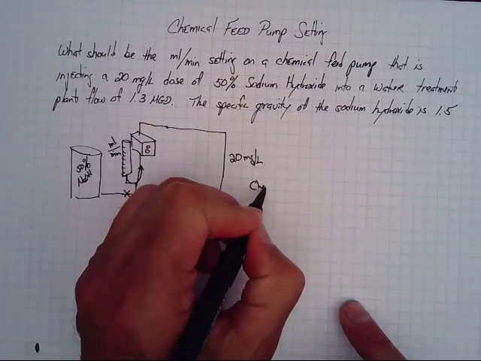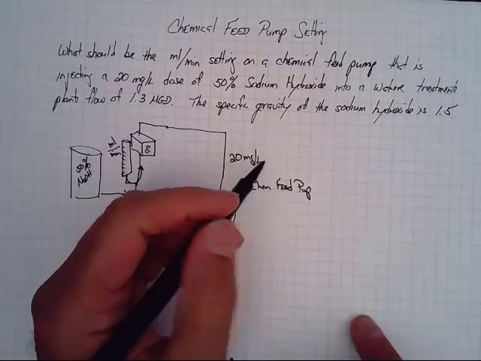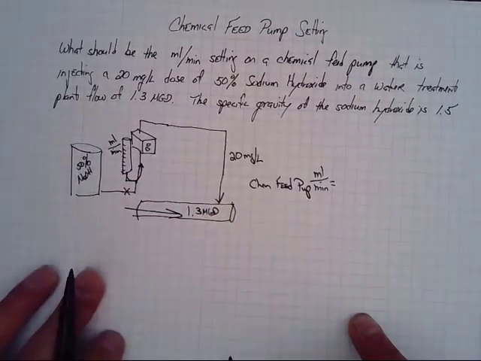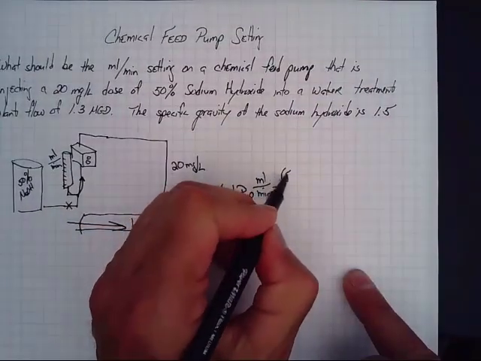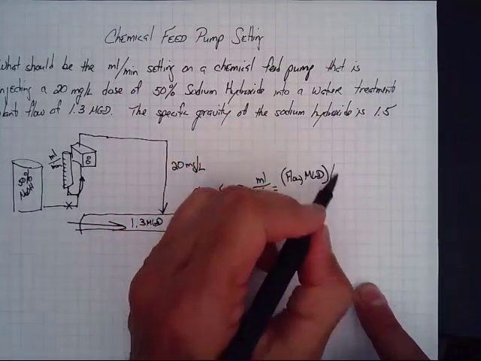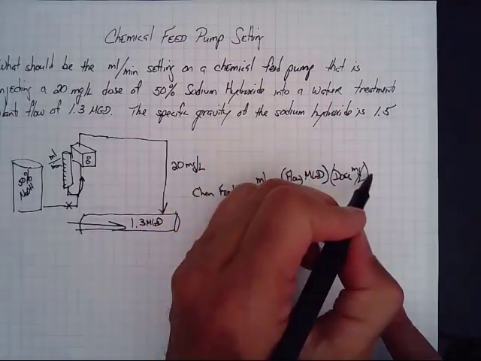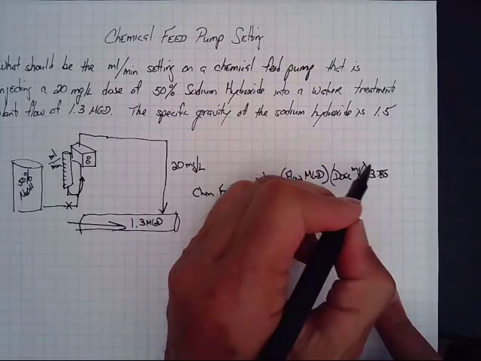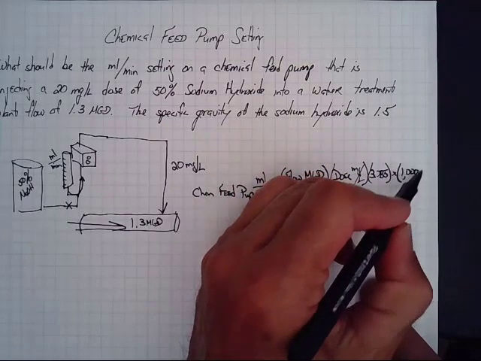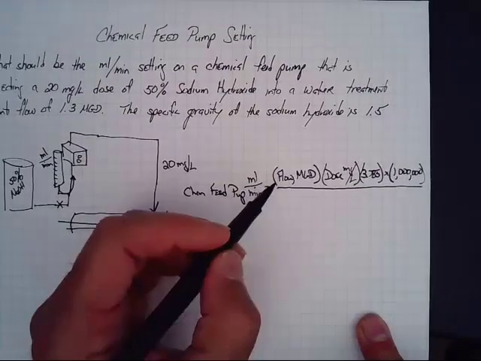The chemical feed pump setting in milliliters per minute is equal to our flow in mgd times our dose in milligrams per liter times 3.785, that's a constant, times 1 million, and that's a constant, all divided by